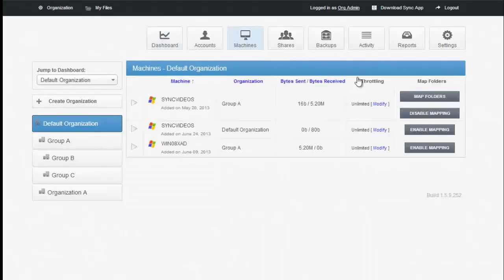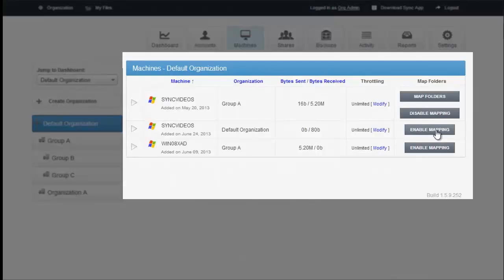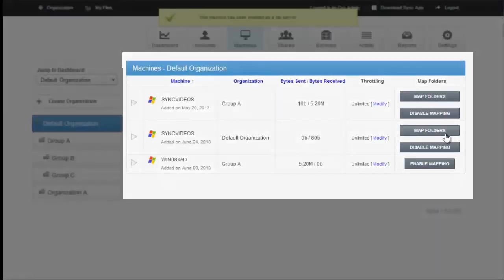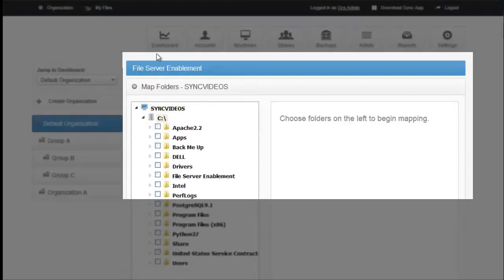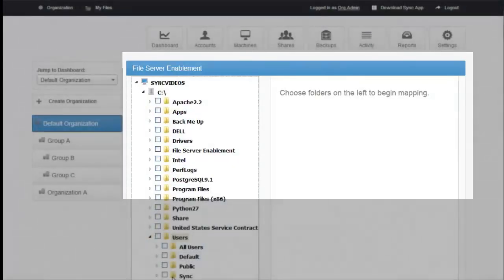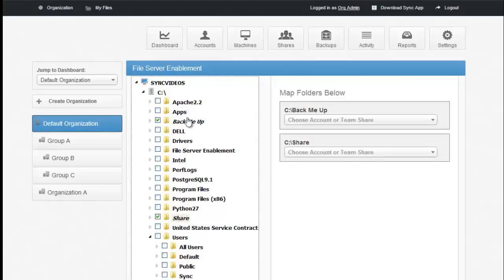And so if you have local file servers set up at your organization, again, you can install the Sync tool agent directly onto those file servers. So if we pretend that this Sync video is a file server enablement candidate, in other words, it's a file server, what the tool will let you do is go in and map folders on that PC or file server, and you can actually replicate any folder or subfolder on that directory structure directly into the cloud environment. So the net here is you're able to replicate files and folders from the local server directory into